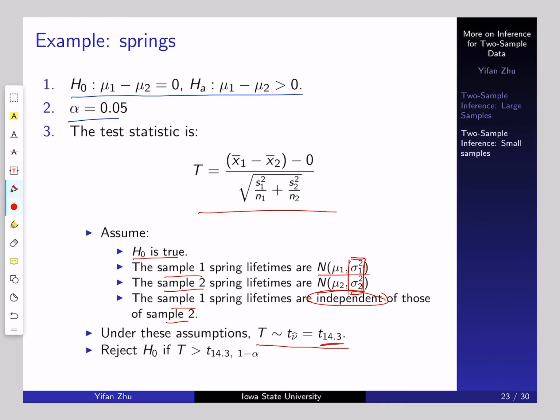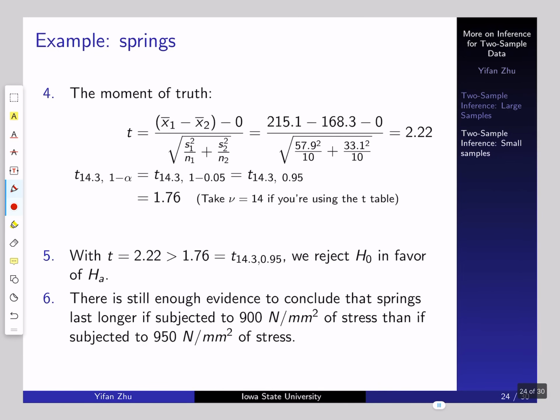We will reject H0 if T is greater than a critical value, because the alternative is mu1 minus mu2 greater than 0. Then we plug in everything, x1 bar, x2 bar and s1, s2, and we get 2.22. The critical value, t with 14.3 degrees of freedom and 1 minus alpha, which is 0.95,